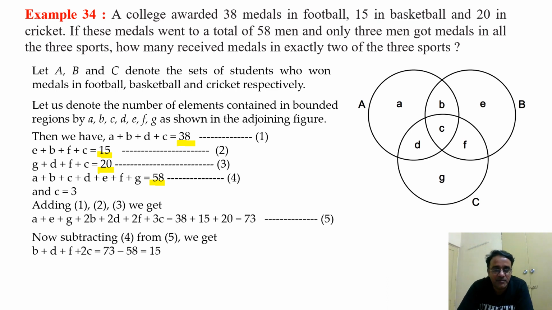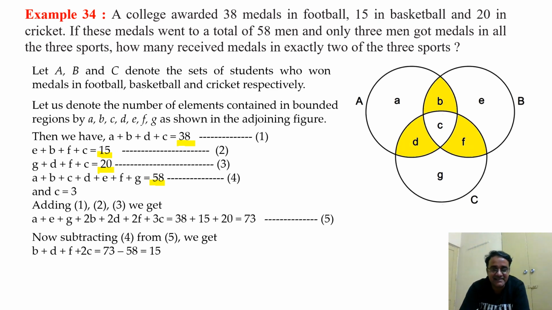तो उसमें देखो पूरा A B C D E F G यहाँ से कैंसिल हो जाएगा. कैंसिल होने के बाद हम लोग के पास बचेगा केवल B plus D plus F plus 2C, that is equal to 73 minus 58, which is equal to 15. Okay, now what is the value of C? 3. 2 into 3, 6. Okay, एक्चुअल में ये वाला जो पोर्शन जो येलो शेडेड पोर्शन है, that we have to find. So B plus D plus F is equal to, first we'll substitute 2 into 3, that is 6, then we'll shift to that side. 15 minus 6 is equal to 9. So 9 is the answer.